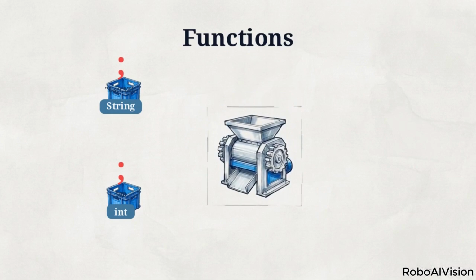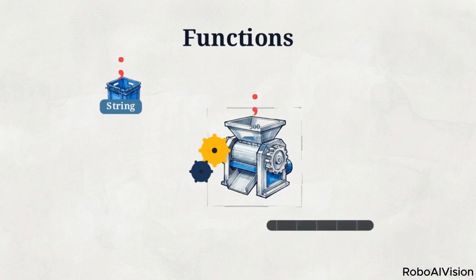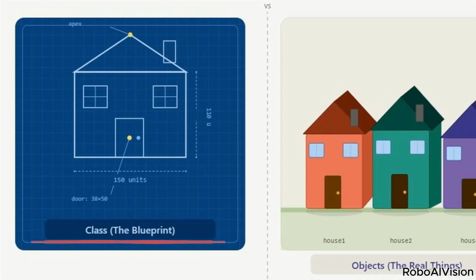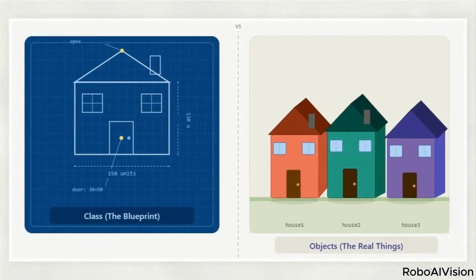Next are functions. While variables store data, functions act as the machines that process it. They take raw inputs, perform a specific calculation or action, and return the result. This graphic illustrates classes. A class is an architectural blueprint. Instead of manually writing data for 100 different hotel rooms, you create one blueprint and use it to stamp out